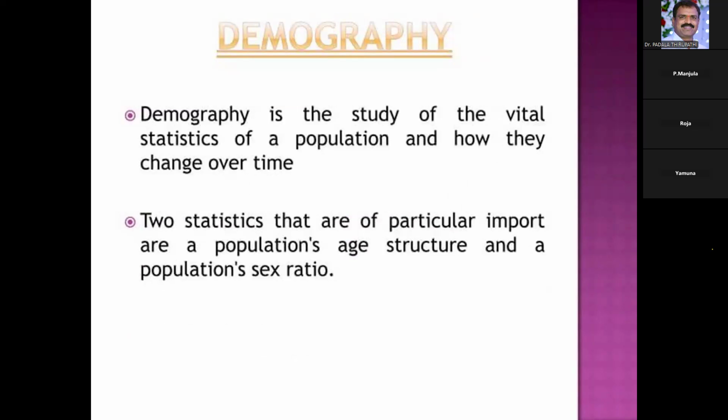Another characteristic feature of this population characteristic